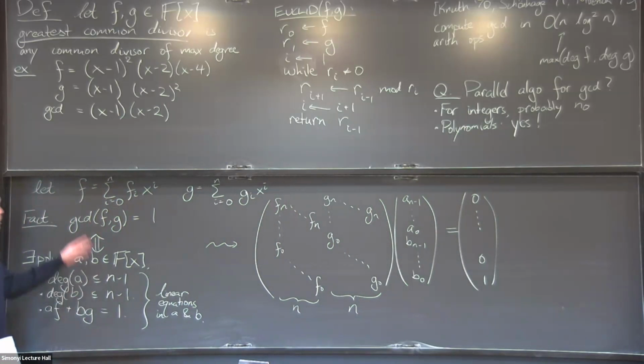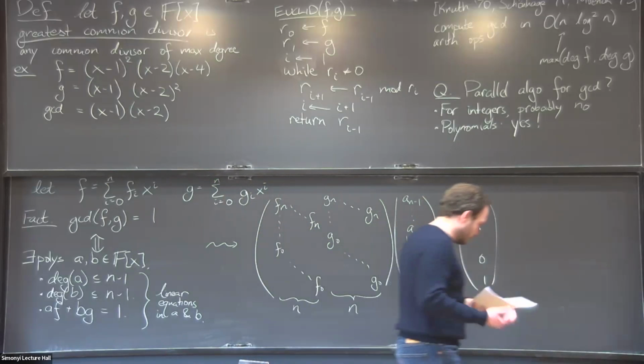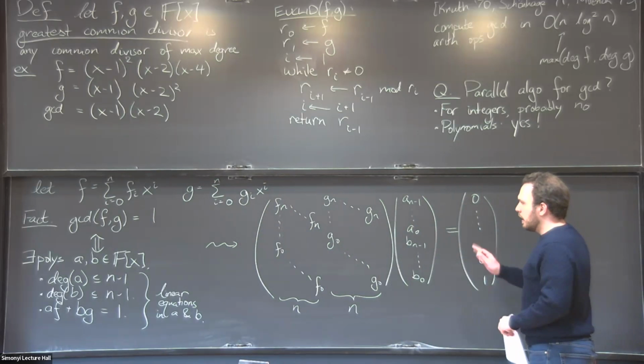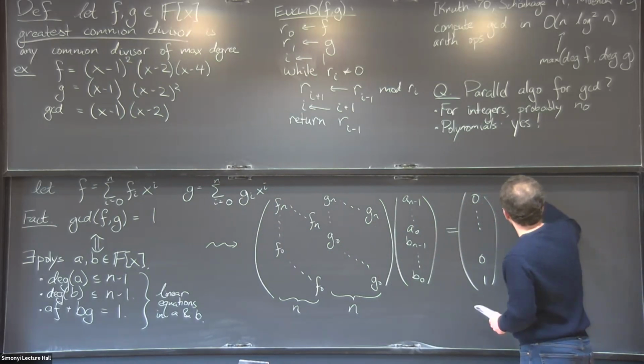Now I should mention that this is only to check if your polynomials are coprime. But there are similar sets of linear equations that characterize when the GCD has degree d. So you can actually look at all of these sets of equations in parallel and do something with this. I'll talk about parallel linear algebra in a minute, but I just want to say, before we leave the GCD behind for a little while,